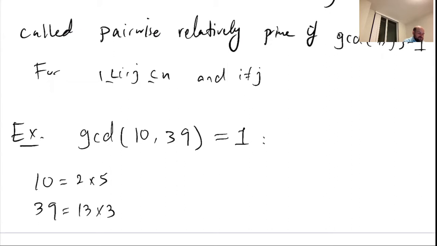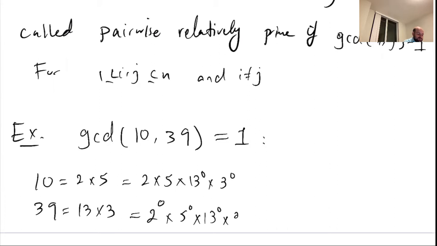So if I make the list of primes the same, I can write this one as 2 times 5 times 13 to power 0 times 3 to power 0. And similarly, this one I can say 2 to power 0, 5 to power 0, 13 to power 1